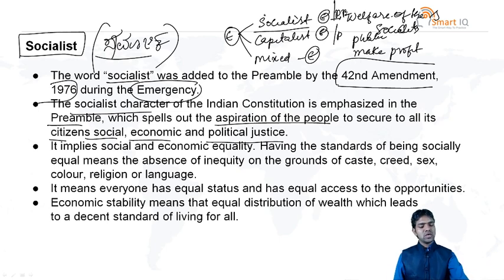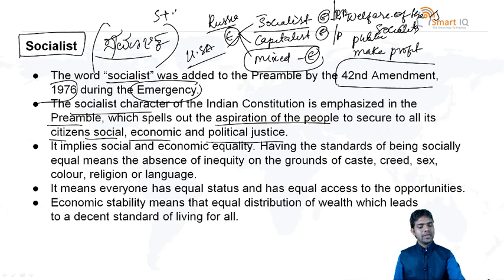Russia follows the socialist economic system, and the USA follows the capitalist economic system. In a capitalist economy, most of the manufacturing and production is in the hands of businessmen, entrepreneurs, and some rich people. So what is it all about in the mixed economy? A mixed economy is nothing but a blending of both the socialist as well as the capitalist economy.